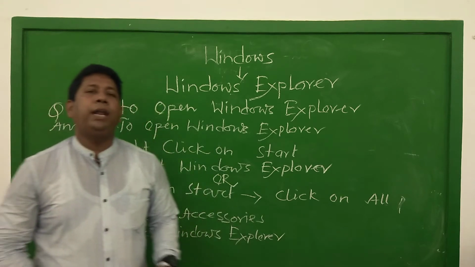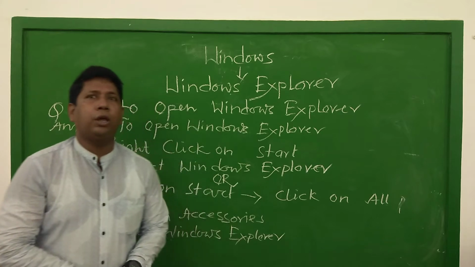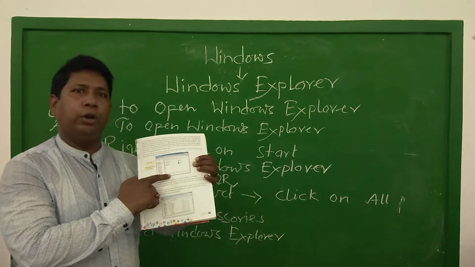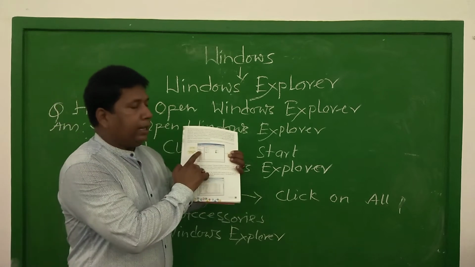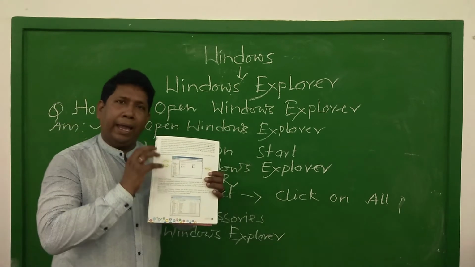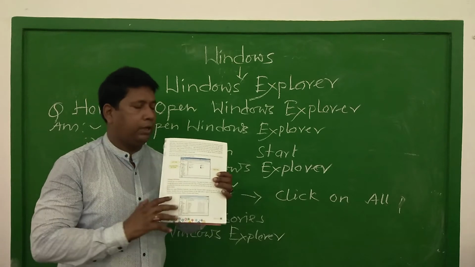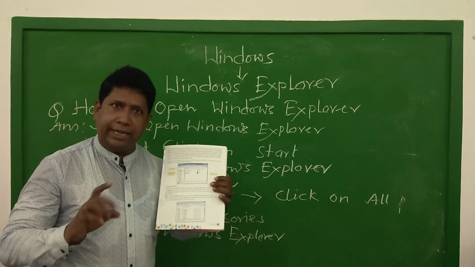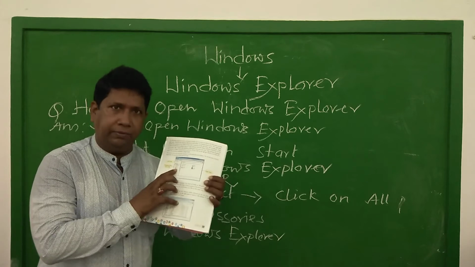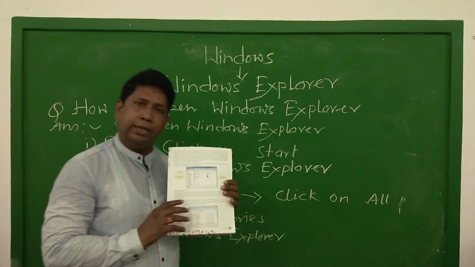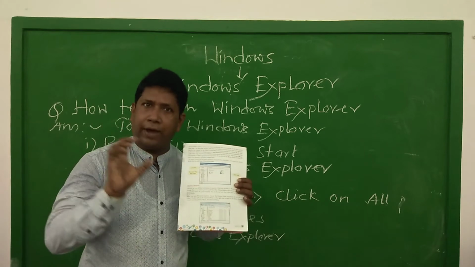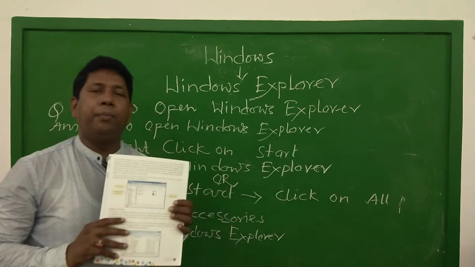You can find these panes or pictures in your computer book, just like you see. These are the two panes. After clicking on Windows Explorer, this is the left pane, containing all the necessary information. If you want to see details about any particular files, folders or drives, just click on it. A plus sign and a minus sign will appear. Plus sign means some important files and folders are available in that particular main folder.